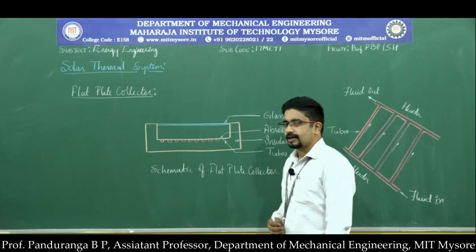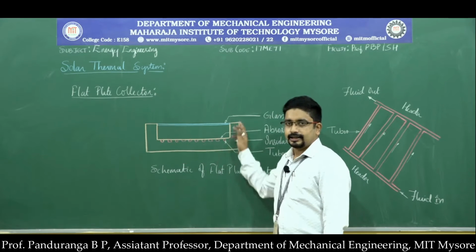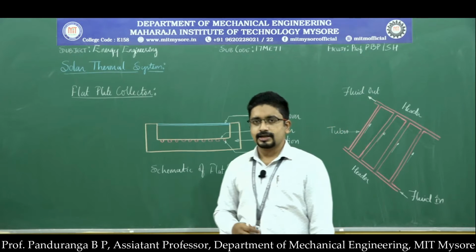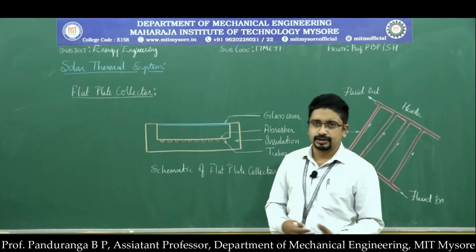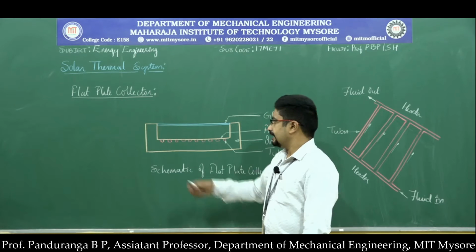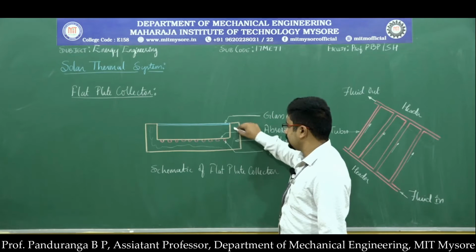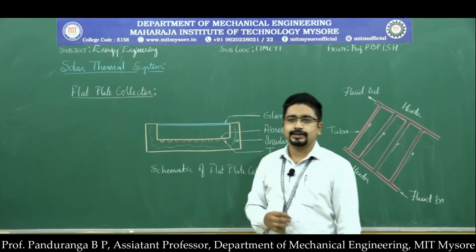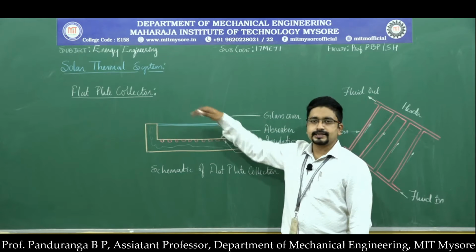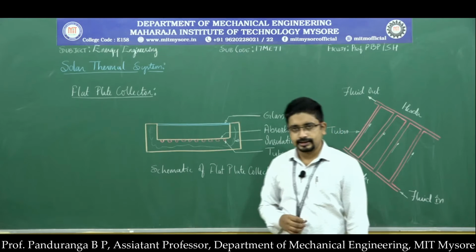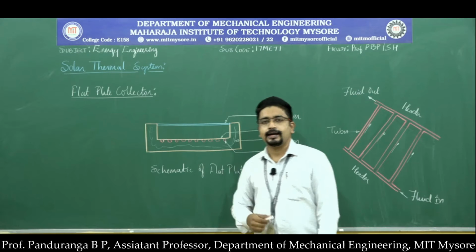The flat plate collector is very simple. Here you have the schematic diagram. It has very few components. It has a well insulated body. Generally the outer shell as well as the inner structure will be made of metal, maybe aluminum or steel, and then this region is well insulated. We have very good insulation on three sides. Only the top side is exposed to the sun rays. So we have insulation overall here, and then we have a glass plate.